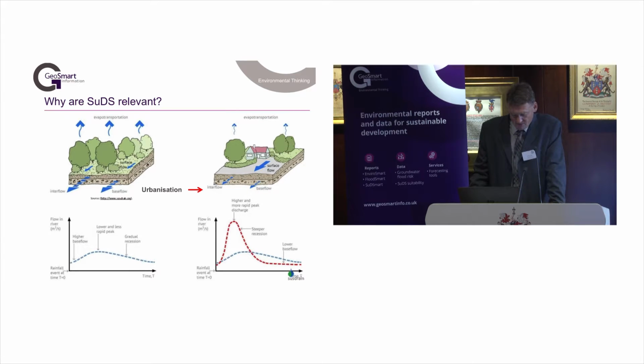You would get a gradual peak in the flow in the river, and then it would tail off. But if we look on the right-hand graph, that red dotted line is the runoff and flow in that river under the urbanised condition. So you can see you get a lot higher peak flow, and then the area under that graph is bigger, which represents the volume. So you get higher flows and greater volumes running off the site, and that naturally leads to greater flood risk